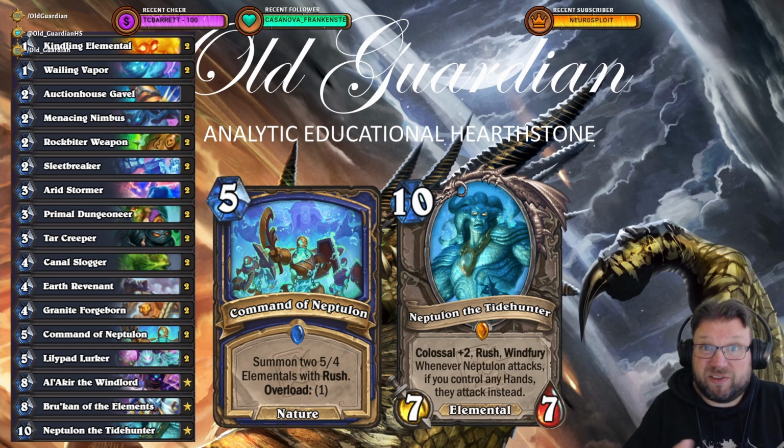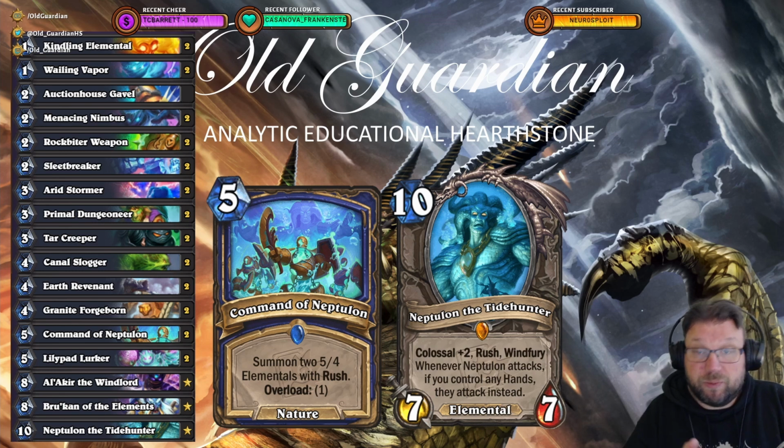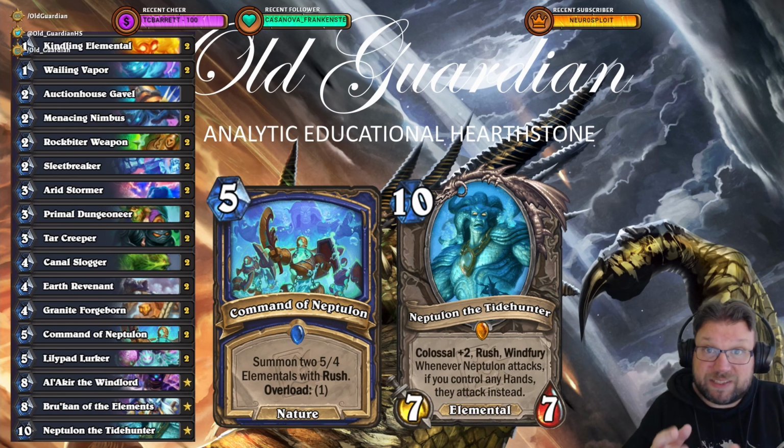The only real alternative is Lightning Bolt. In my budget Elemental Shaman lists I've been using Lightning Bolt and Rockbiter Weapon, but maybe Rockbiter Weapon is better of the 2 because there are a bunch of stuff that you have that has Windfury, and if you have Windfury, Rockbiter Weapon is pretty good even if you don't run Doomhammer in the deck. So Rockbiter Weapon, Command of Neptulon as the nature spells in the deck, Primal Dungeoneer for